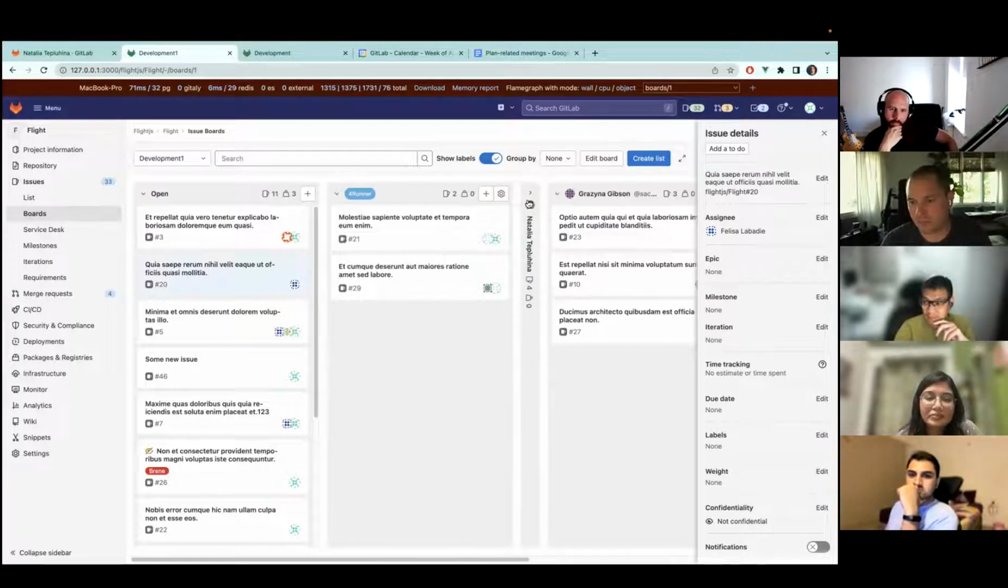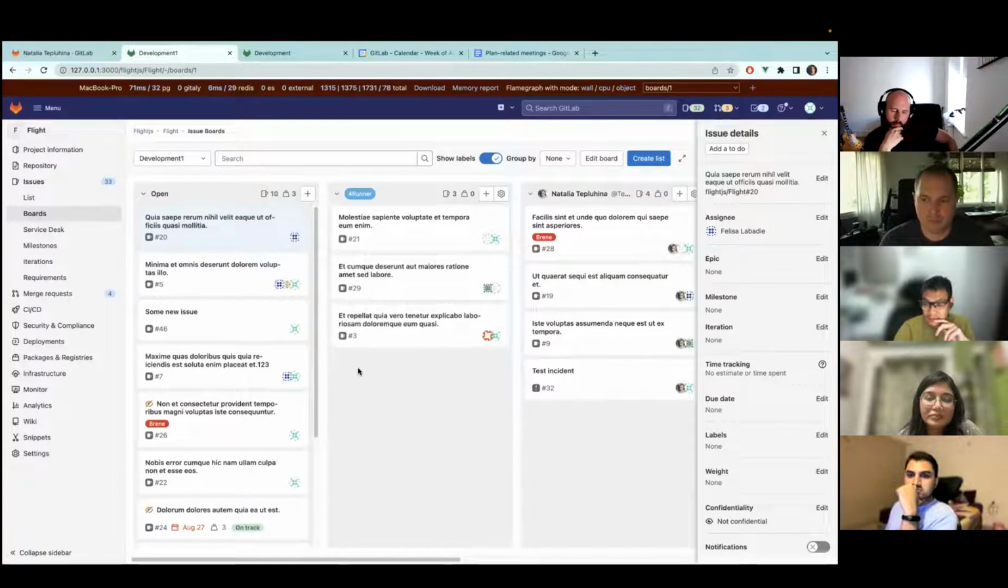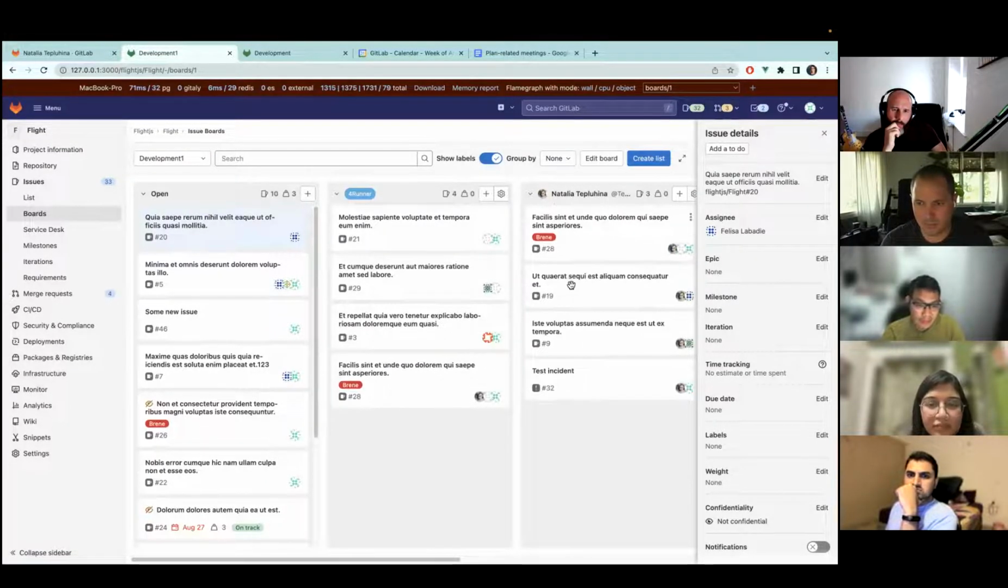So reordering the lists, opening and fetching the data, moving the cards. You can see that the label is removed here because apparently on issue boards we don't show labels on the label list. On Epic boards we do show the label on the label list. I don't know why. That's just some kind of a mismatch in UX. But if I, for example, move this card here, you will see that the label appears almost immediately. I want to make it immediate and probably will, but right now it awaits the request to the backend.